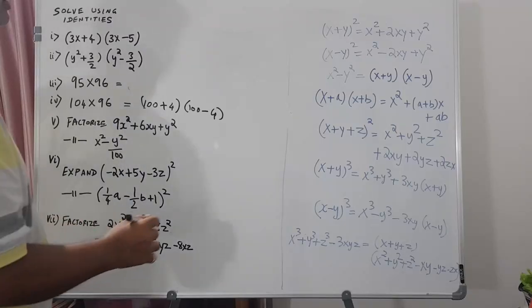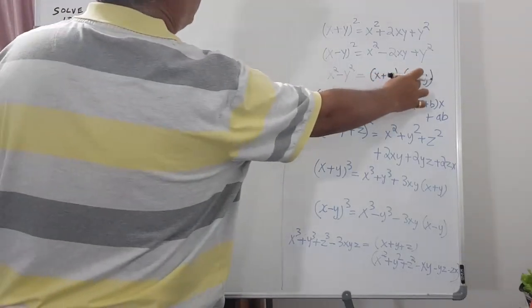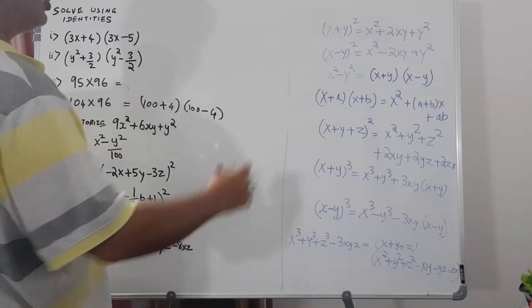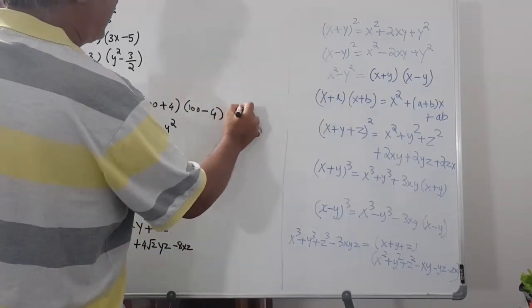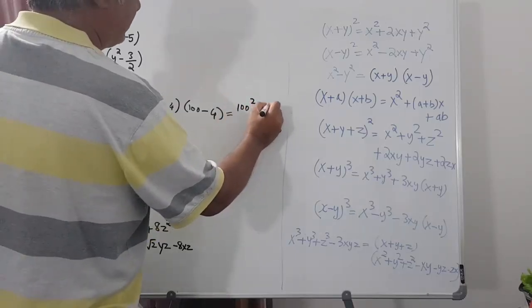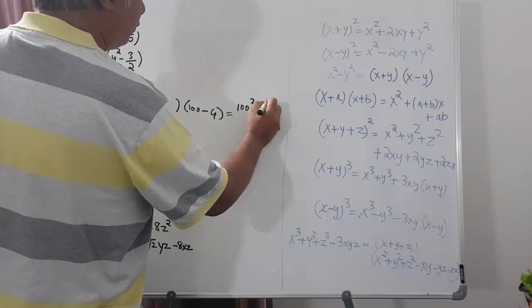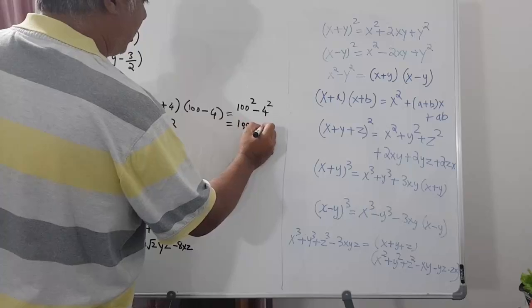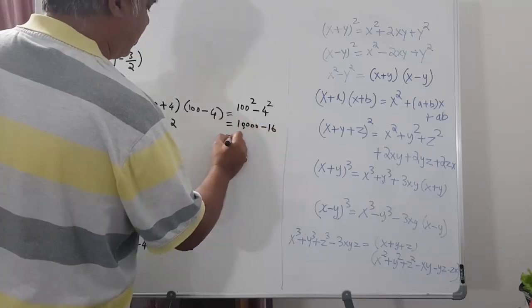Okay, so that looks like (x + y) into (x - y), where x is 100 and y is 4. So (x + y) into (x - y) gives us x squared, 100 squared, minus y squared, which in our case is 4 squared. So that is equal to 10,000 minus 16, that is equal to